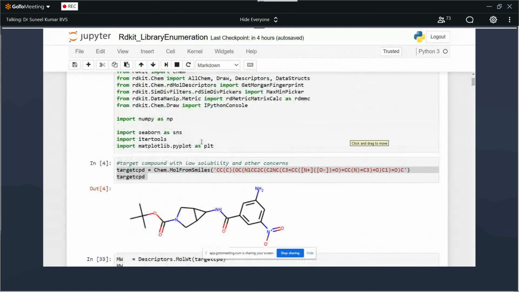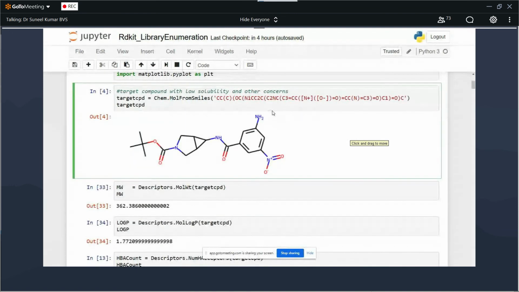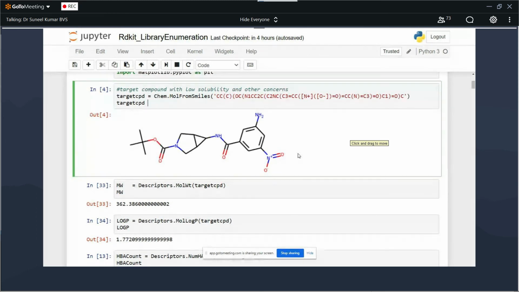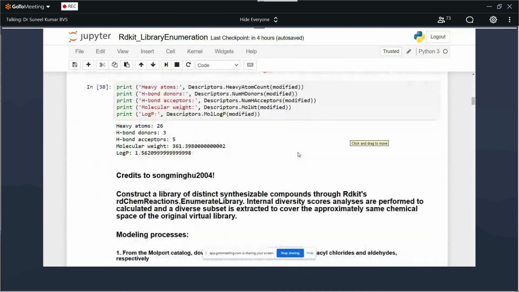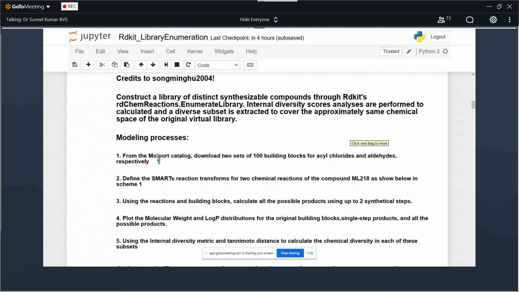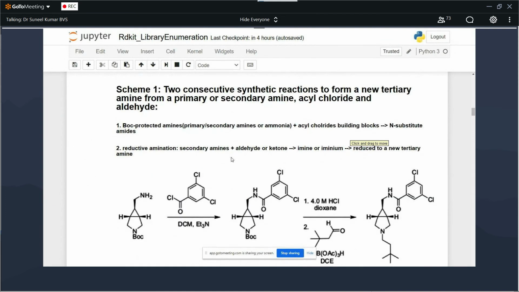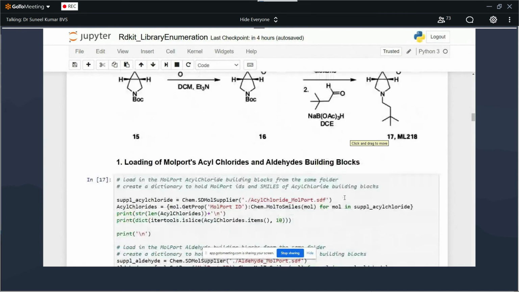So what I did was understand the molecule, understand the problematic areas, and try to improve it. Either that can be done by using regular manual methods, replacing one isostere at a time, and looking for the starting material and either purchasing the reagents and initiating the synthesis. So in addition, what I did was I retrieved the Molport catalog and retrieved all the acid chlorides or aldehydes that are required for my library enumeration, and I generated all the combination permutations,